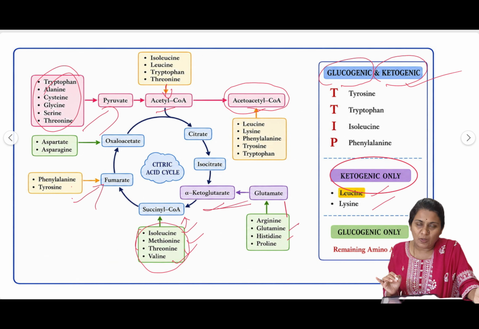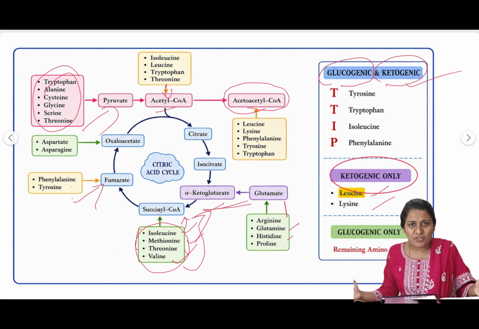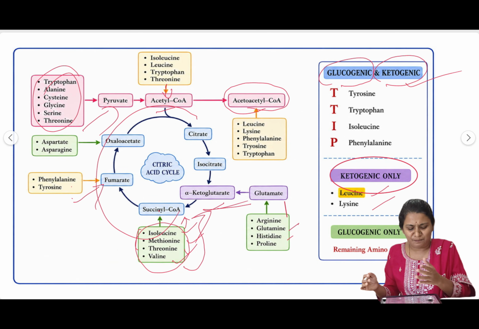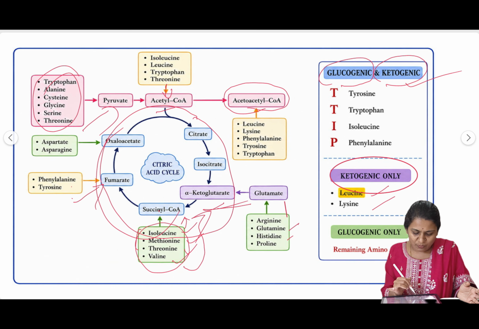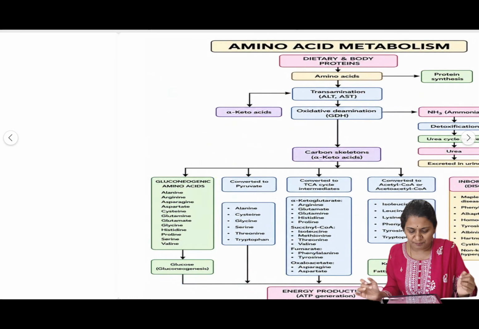So see, we all know that this TCA cycle is a very important cycle. The cycle is continued. All the products required for the functioning of the TCA cycle are supplied by the amino acids after metabolism. It is like cooking in a kitchen, it is a supply chain. You need cereals, you need pulses, you need vegetables. So when you are cooking, all the supply is needed. This is an important powerhouse, cooking food, again energy. So you compare it with a kitchen. All those things are supplied so that the TCA cycle can smoothly function and we get energy.